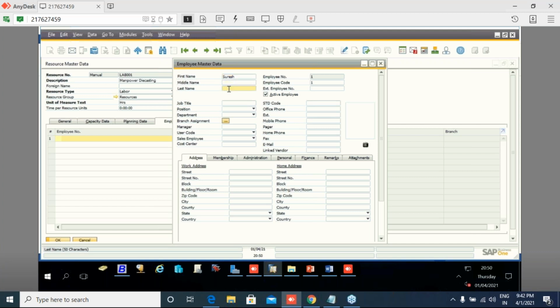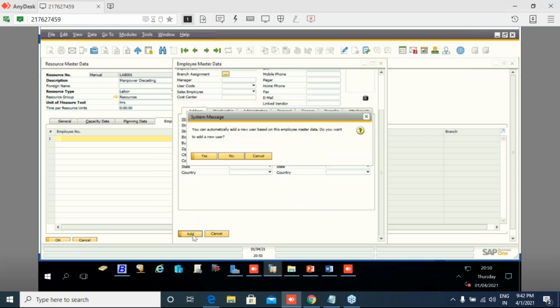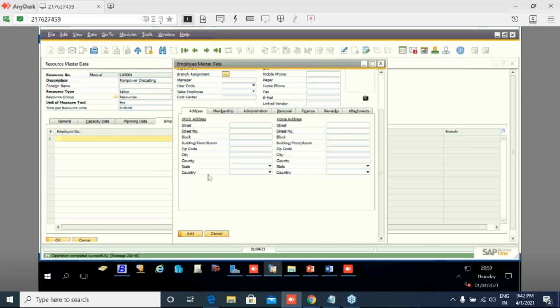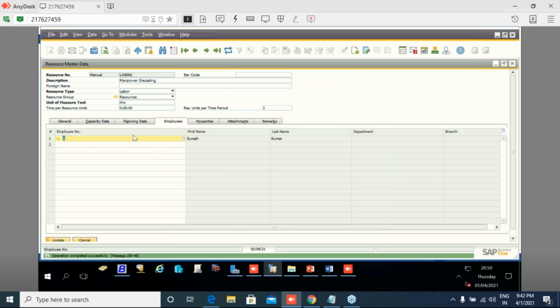You can define the employee master data and tag this in the resource master module. You have linked your employee under this employee tab.